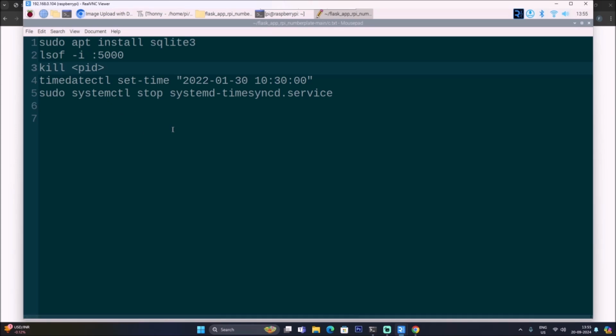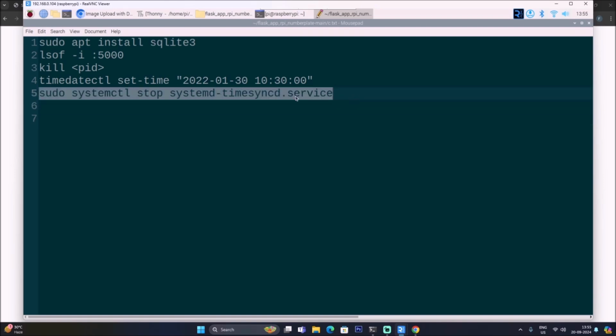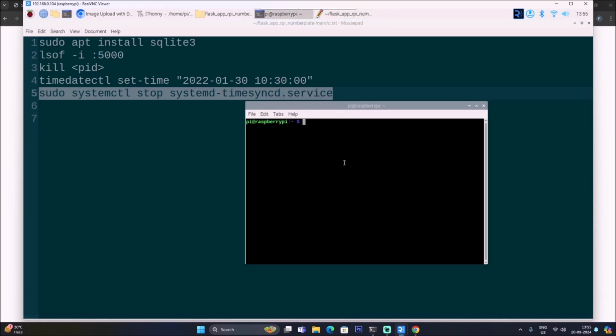So as I mentioned, we are going to cross check if our application works perfectly for the previous date. So we are going to forcefully change the date on our server. This is the command. First we want to stop the service. So just copy the 5th number command, copy it, open terminal,